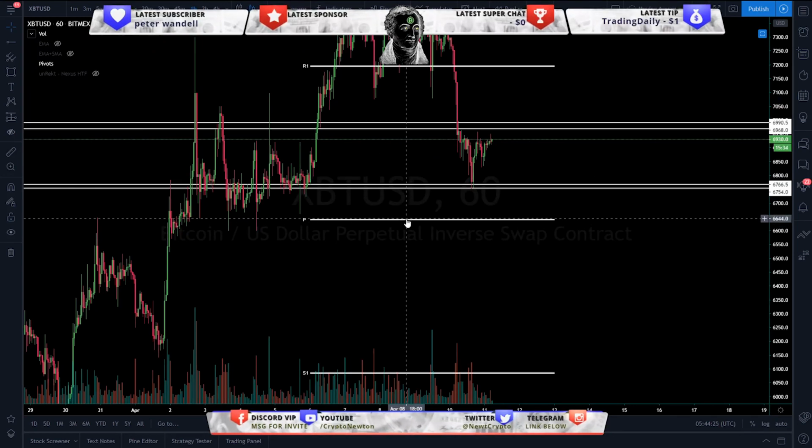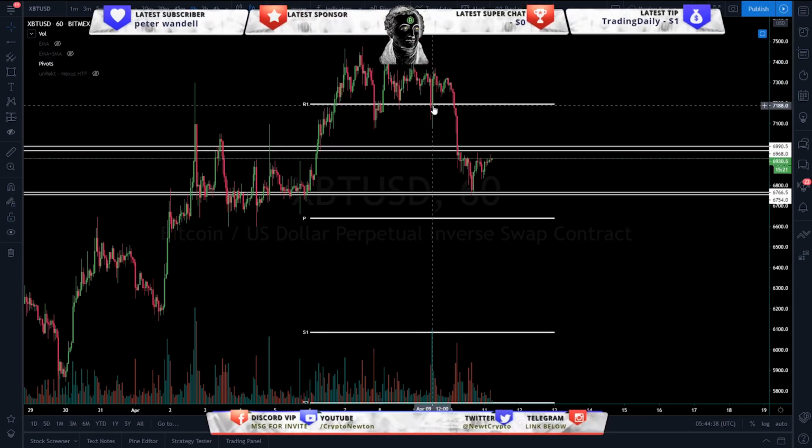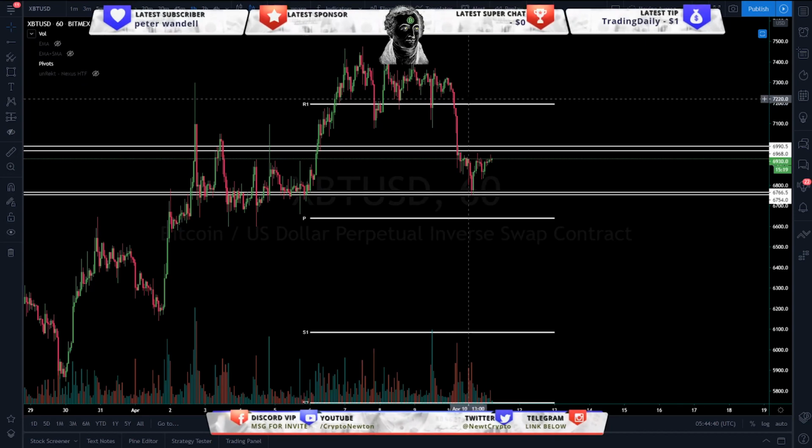Okay, the range is actually showing a bigger range of 6,644 to 7,190 or 7,200. So as long as we are below 7,200, we are still bearish. That's what I would say right now with this price action. If we don't get above this on a 4 hour basis, then it's going to be bad, guys. We're going to take another leg down. The 4 hour time frame,